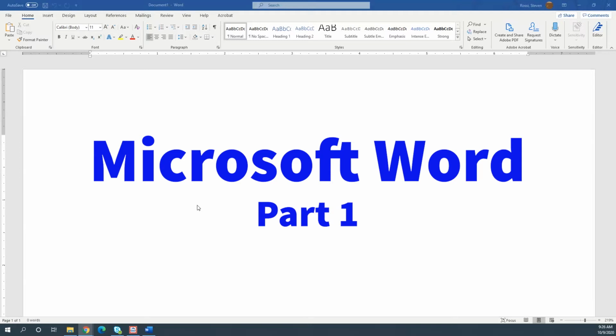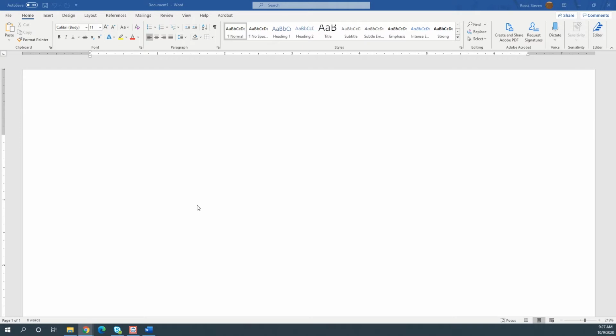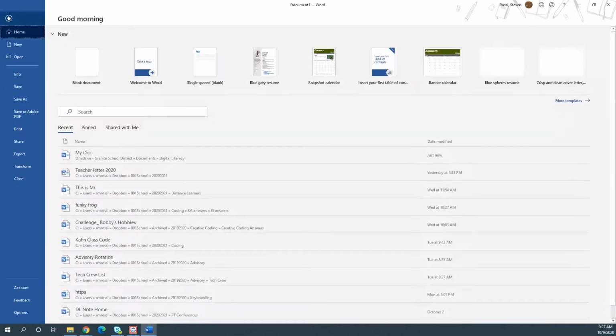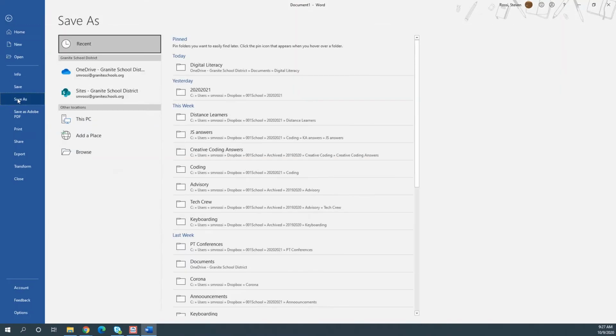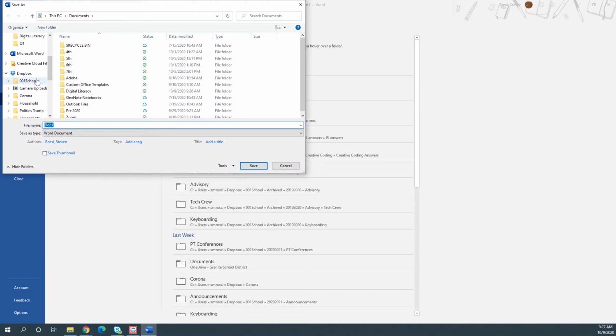Okay, so we're going to be working with Microsoft Word today, and this is a lot like Google Docs. So if you're working in Google Docs, it's pretty much going to be close to exactly the same, except for this one part, which is where we're going to save it first so that we don't lose everything. So I'm going to go to File. With any Microsoft document, we go to File, click on Save As, go down to Browse. I click on Documents, find my digital literacy folder,